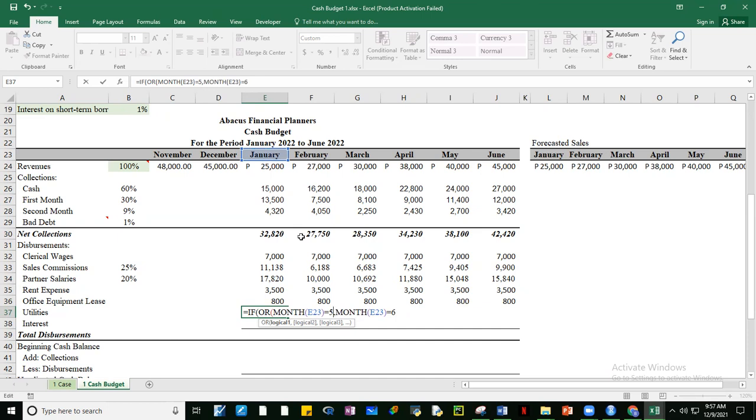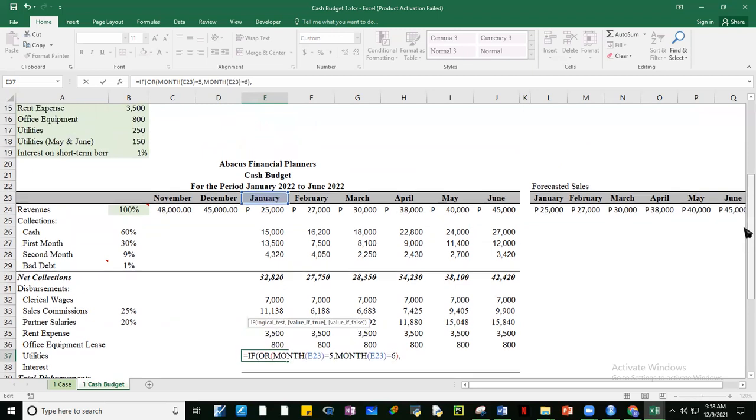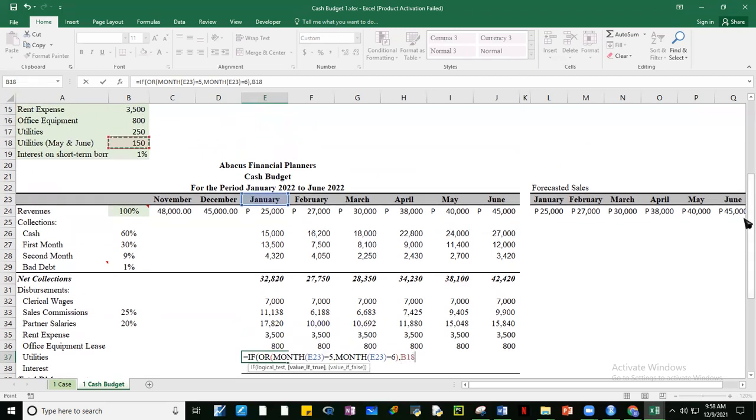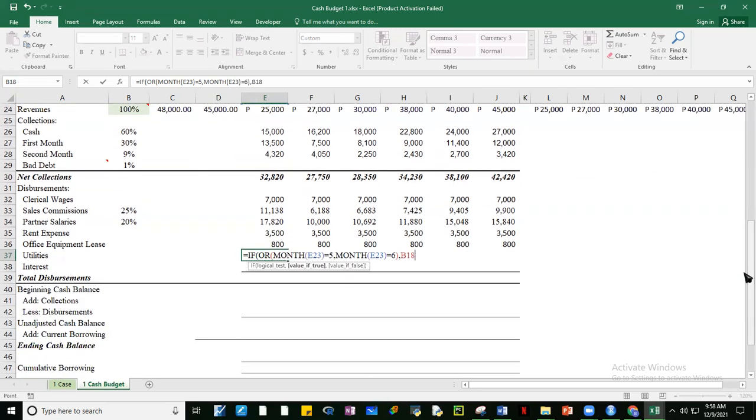So if month E23 is equal to 5 or it's equal to 6, so sarado natin yung or natin, okay? Comma. So dalawang arguments natin dito, no? Yung or natin, 2 or more. Number 1, yung E23 ba equal to 5? Or yung E23 is equal to 6? So pag 5 or 6 siya, anong value ibibigay natin? Value is 150. There.